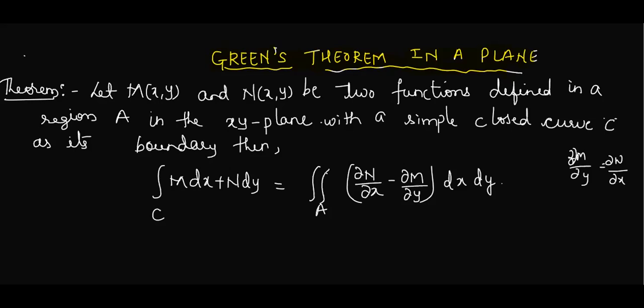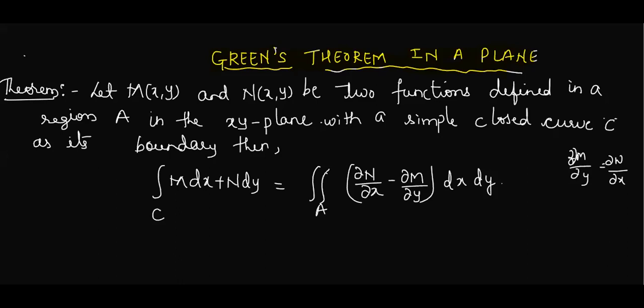So Green's theorem will help us convert it into a double integration. You have learned double integration also in first semester, right? So isn't the evaluation of a double integral easy? First we have to integrate, suppose with respect to x, you have to treat y as constant, then substitute the limit, then integrate again. As there are two variables, integration of this single integral is really difficult, so Green's theorem has helped us convert it into a double integration.